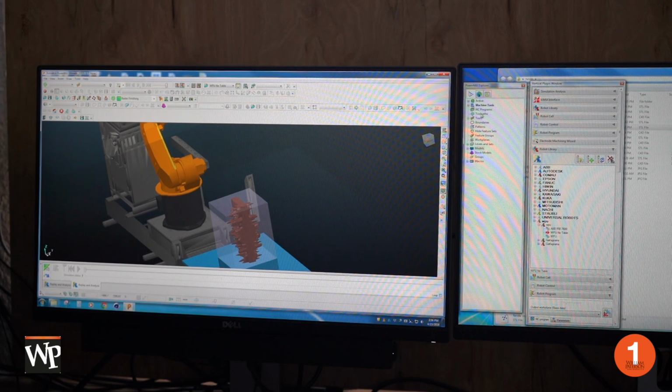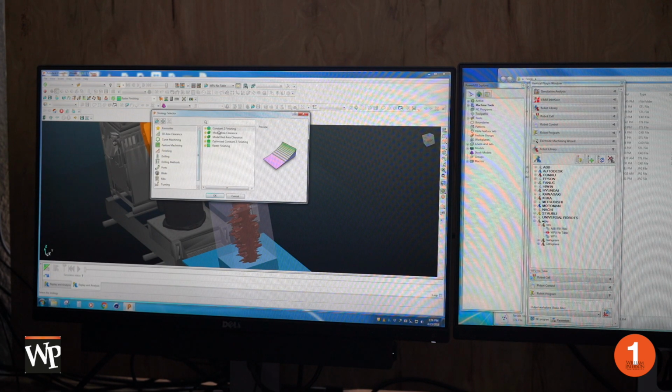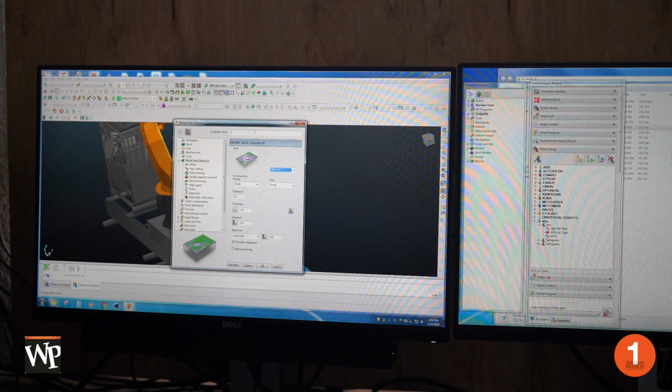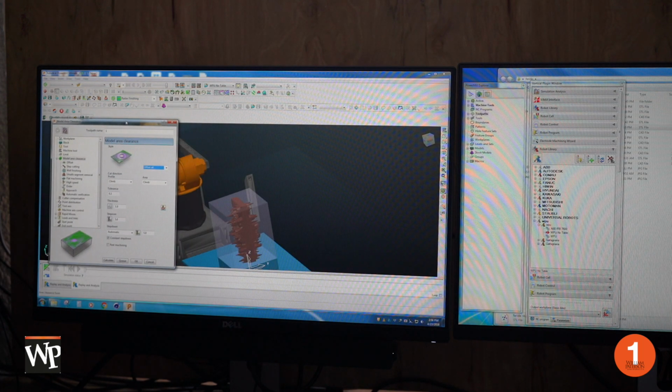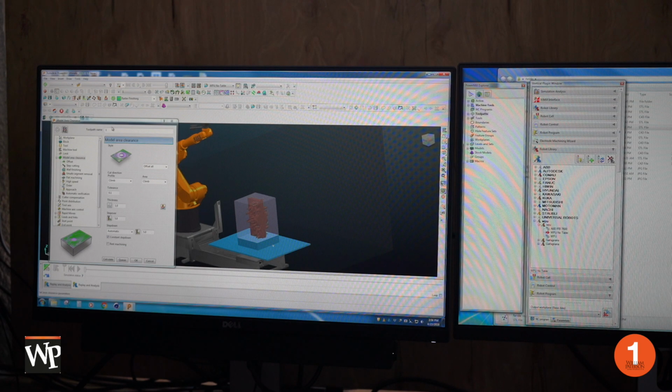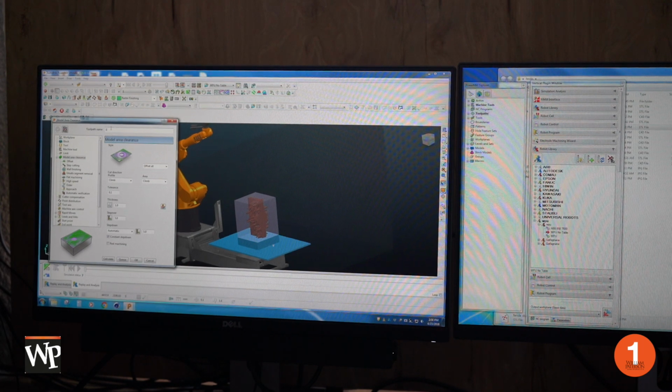So I'm going to go over here to toolpaths, right click, create toolpath. We're going to start with a model area clearance. Click OK. So here's our window for the settings for this type of toolpath. I'm going to change its name. I'm going to call it